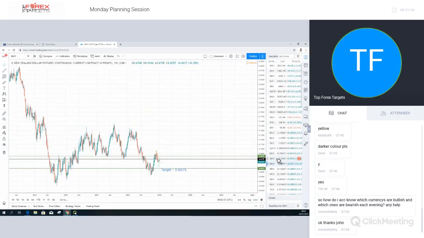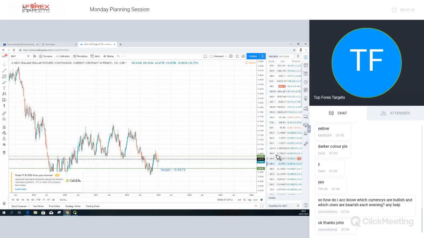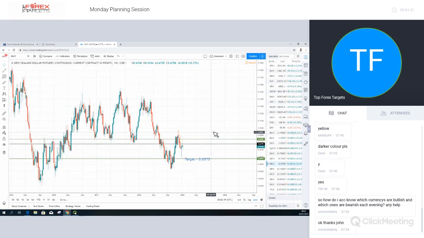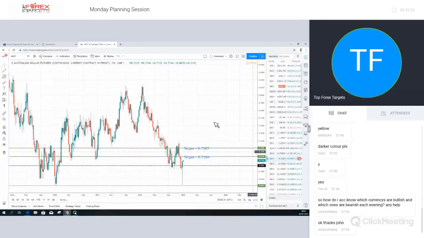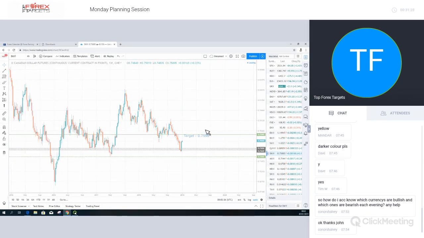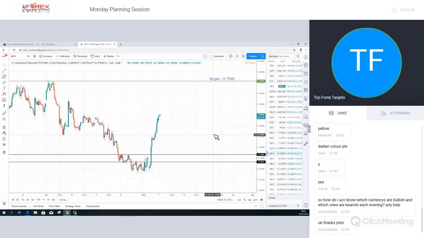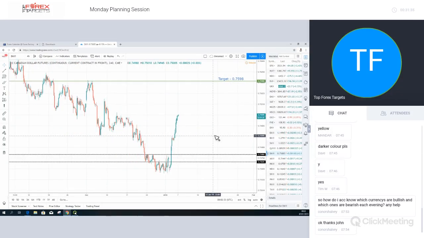So again, nothing that we really need to discuss too in depth about that, because I want to get on to what we're looking at this week in a minute. But generally speaking, the Aussie and New Zealand are in this position where there are a couple of other problems, including the housing market in Australia, but we may just see them range bound this year. It's the euro and the US dollar and potentially the Canadian dollar, which could be the big movers this year.